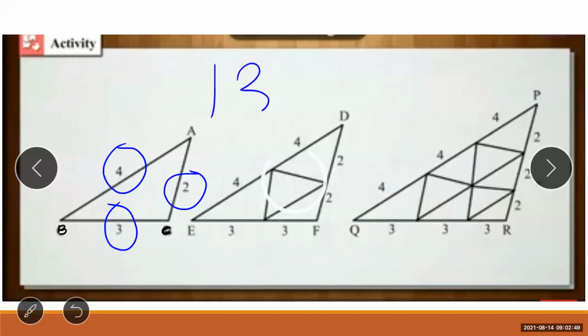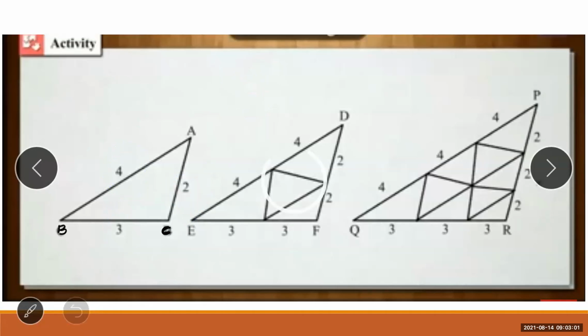Okay, the sizes will be 4 centimeter, 3 centimeter, and 2 centimeter. Make 13 more pieces. Now using those 13 more pieces, take 4 pieces, and using those 4 pieces, you will form a triangle which you have seen here in the second figure. See, 4 triangles are here: 1, 2, here second one, 2, 3, and 4. And likewise, it will form this kind of triangle.